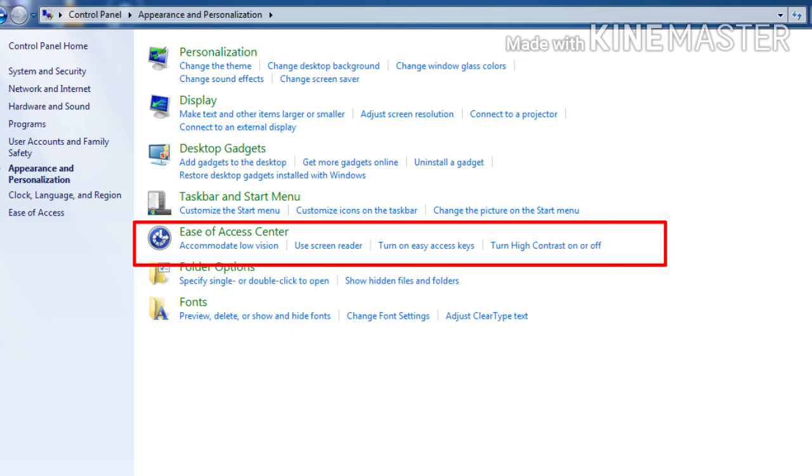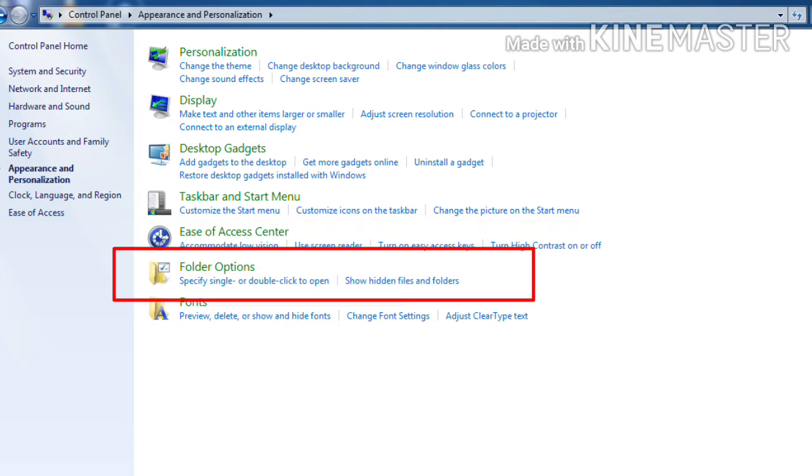These are certain properties or functions which we can access by the ease of access center. The next is folder options, through which you can see different folders or files in different locations, and hide selected files from their location. You can also specify whether you have to single or double click to open a file or folder.